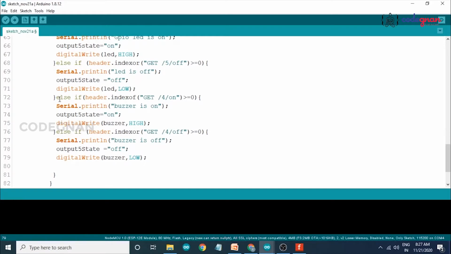So write our HTML web page here. Client.println, start our HTML page right now.